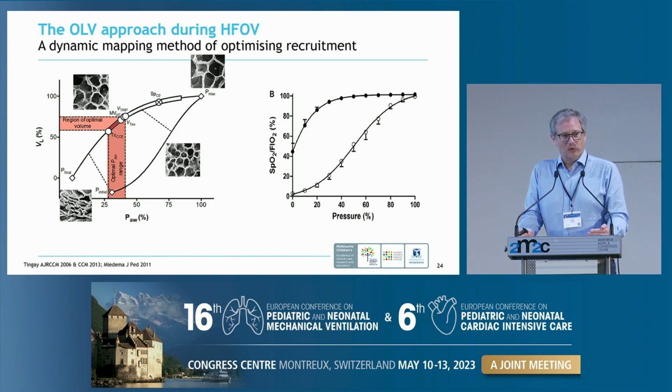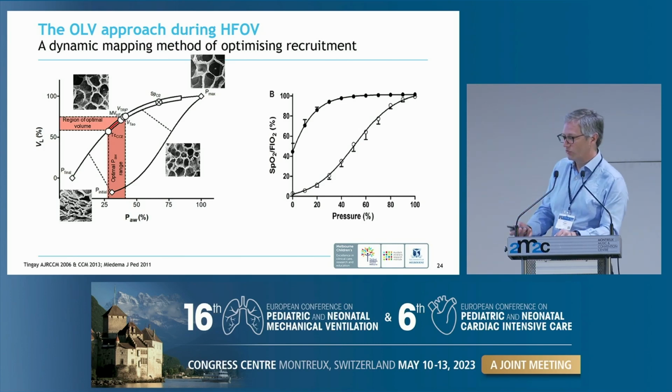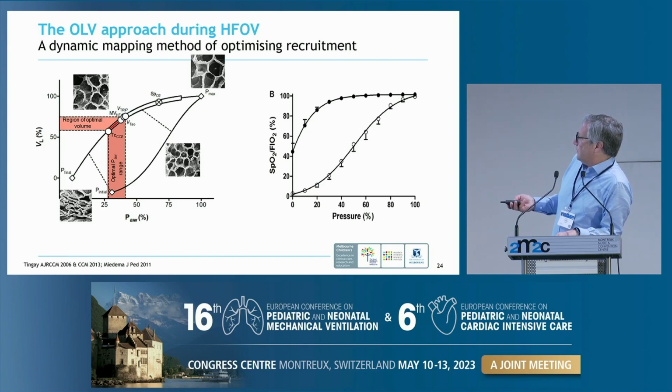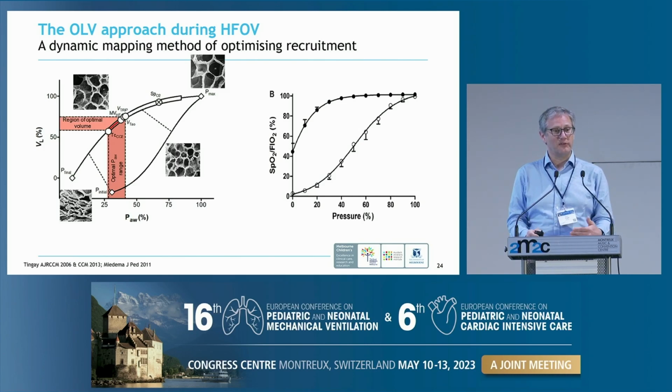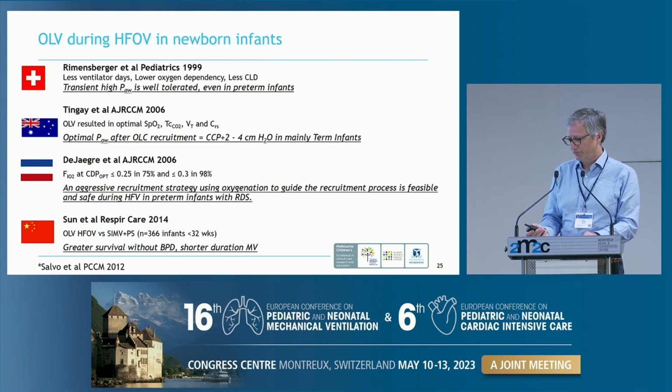Achieving lung recruitment is easy on the oscillator when you have atelectasis. Because you're giving a set mean airway pressure, the tidal volume changes are not high, and essentially you're just moving up end expiratory lung volume. And as Martijn Medema and Anton van Kaam have shown, when you do an open lung manoeuvre where you take the mean airway pressure from a low mean airway pressure up to high mean airway pressure and then down again, you can clearly see a relationship between mean airway pressure and oxygenation. And we've shown, and Martijn has shown, that that relationship marries the volume relationship. So it's telling us in the oscillated patients at least, we can use oxygenation as a proxy of lung volume, which we don't have the ability to easily do during conventional ventilation.